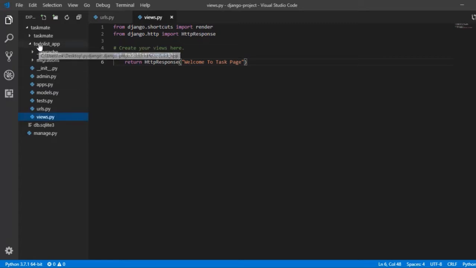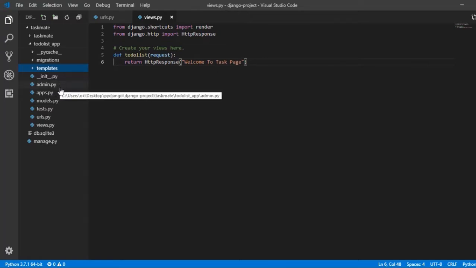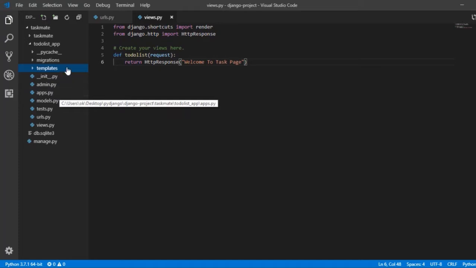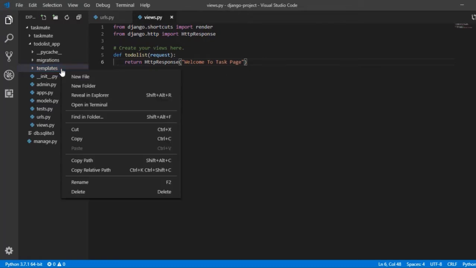So just create a new folder called templates. And remember, it will always be called templates because it is a Django structure, as I have talked about. And as we follow along with the course, you will realize which names are important and which are not. Like this will always be called admin, this will be called apps. So this folder will be called templates. And here I need to create three folders. First will be CSS, second will be JavaScript, third will be images, and then the fourth we can create for all the HTML files. So let me create it.